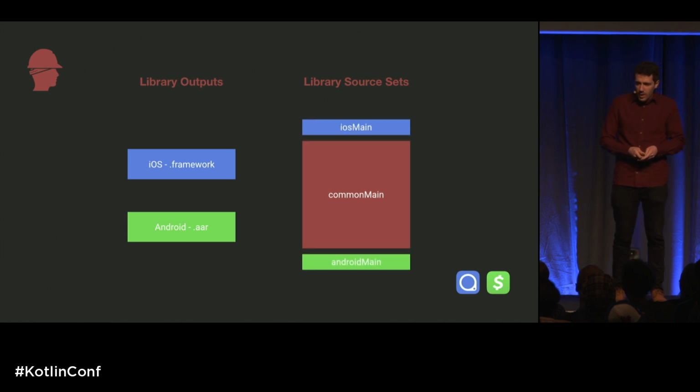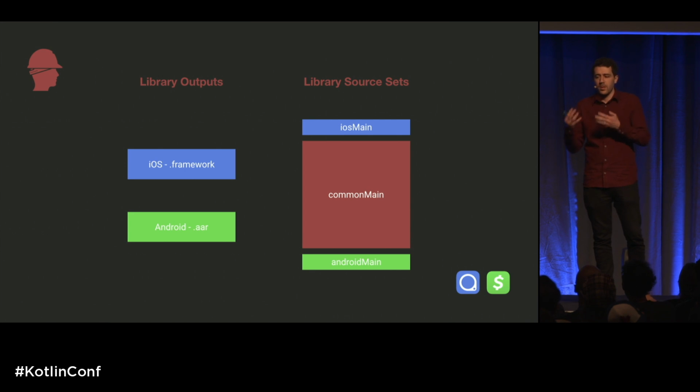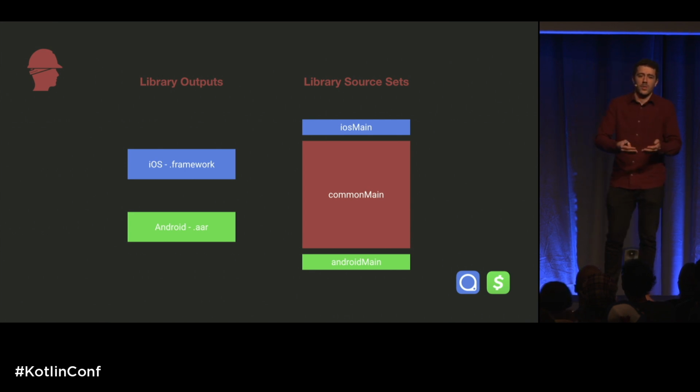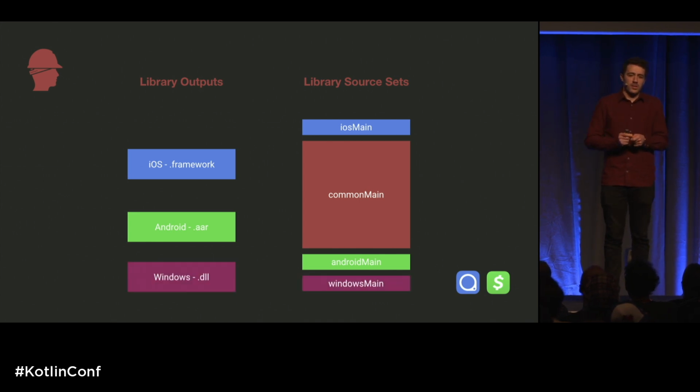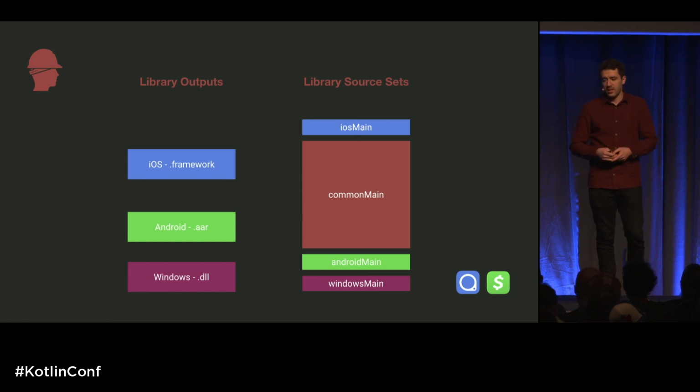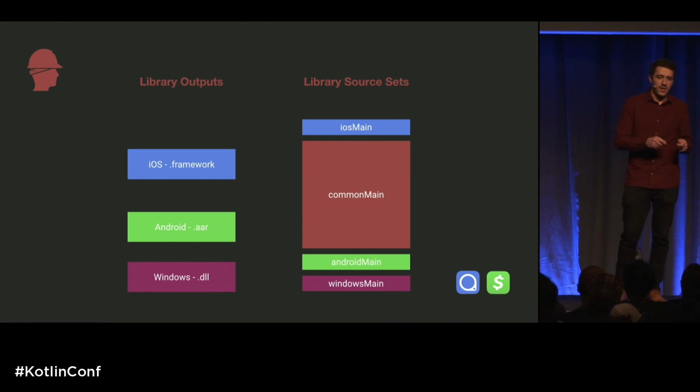Ideally, we keep things so that most of our functionality is written in common main, so that it's written and maintained once, and we only go out to our iOS main and Android main when we absolutely need to for our platform specifics. And this is really useful for us at PlanGrid, too, because when we got started on this project, we knew we were going to support iOS and Android out of the gate, and Windows was going to come in later. And so when they came in, it was really easy for them to implement the very few actual implementations that we needed them to in the code base